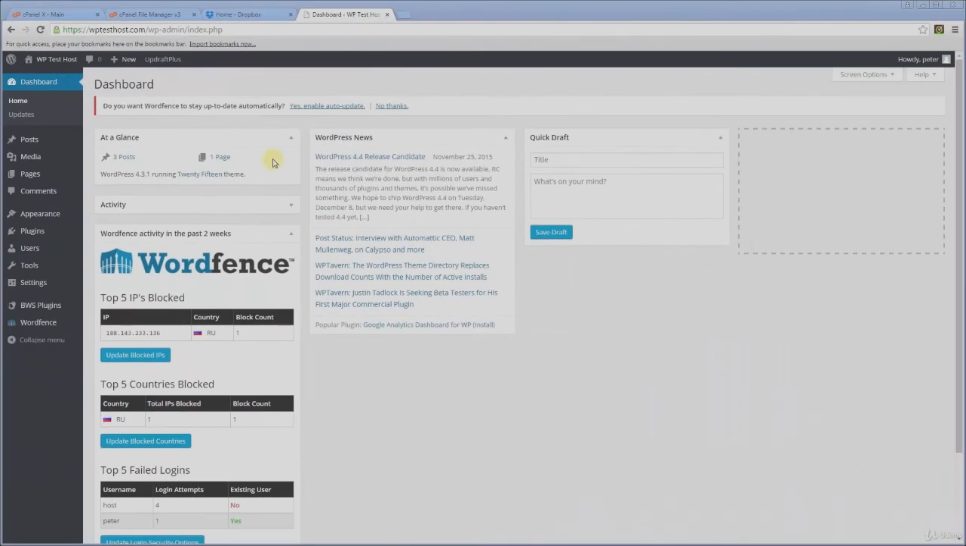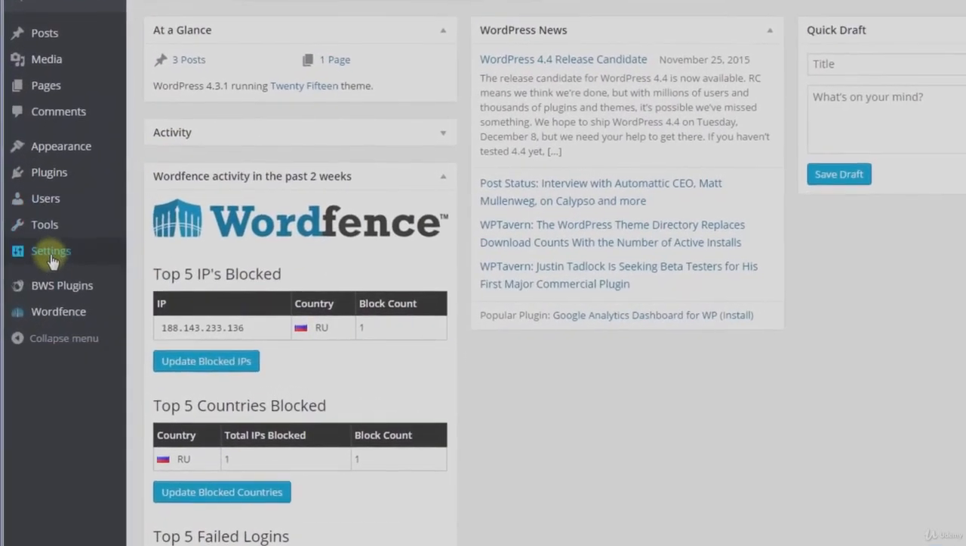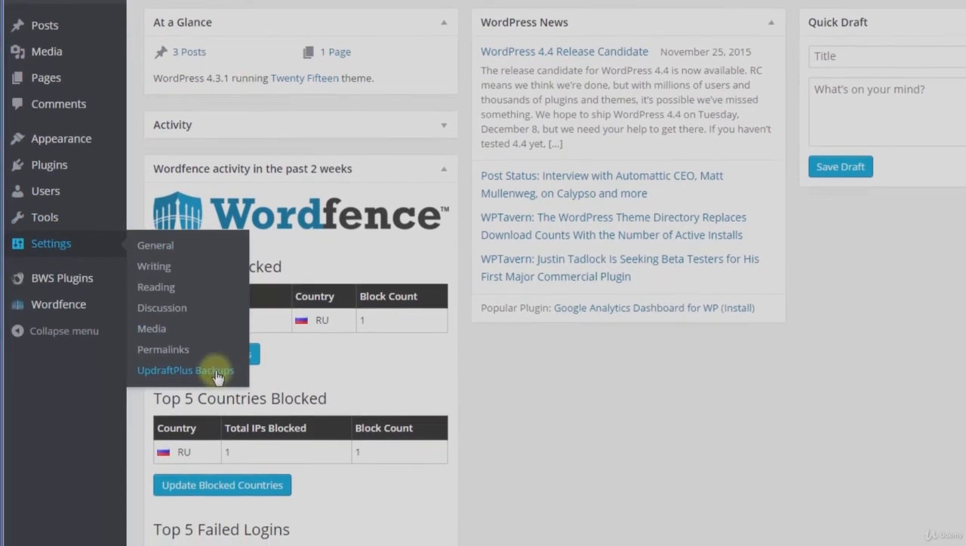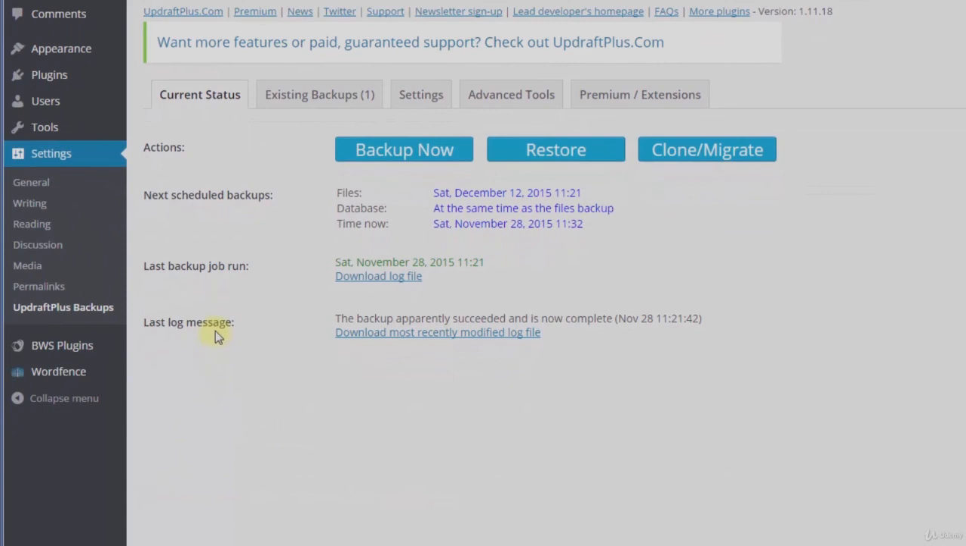In this lecture, we're going to connect our Updraft Plus backup to a remote storage provider. I'm going to use Dropbox for purposes of demonstration, but you can choose from the many options available we've already discussed. So let's go ahead and connect Updraft to Dropbox. So again, we're in our main dashboard here, and we'll just go to Settings, Updraft Plus Backups. And if you go to the Settings tab,